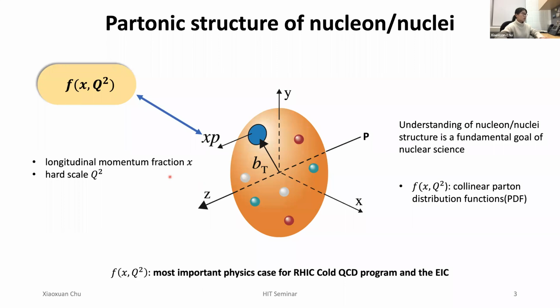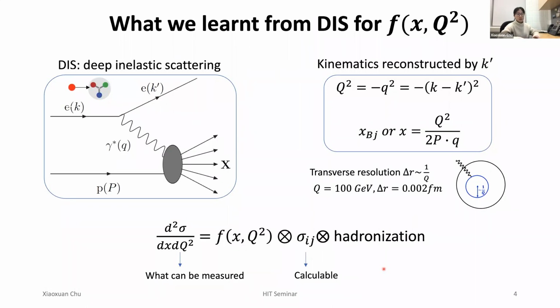And Q² is a hard scale. Measuring this collinear parton distribution function is actually one of the most important physics goals of the RHIC cold QCD program and the future EIC. So in the next slides, I will introduce from the experimental side how we can extract the information of the collinear parton distribution functions. This parton distribution function can be extracted from different collision systems like ep collisions